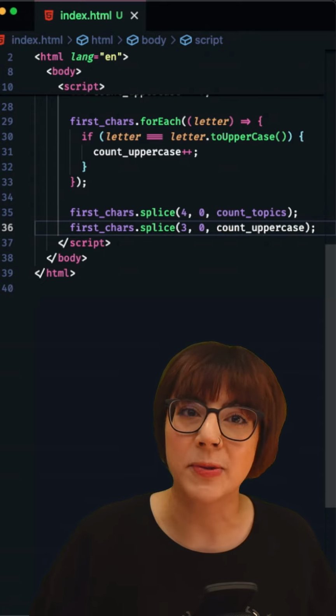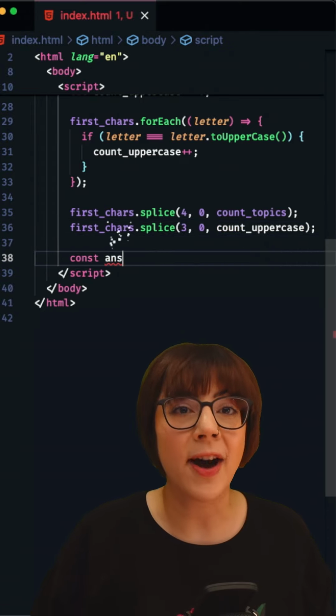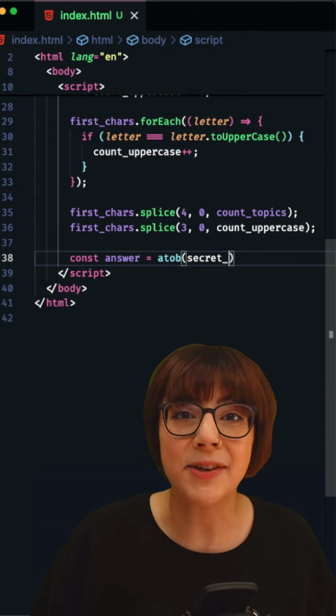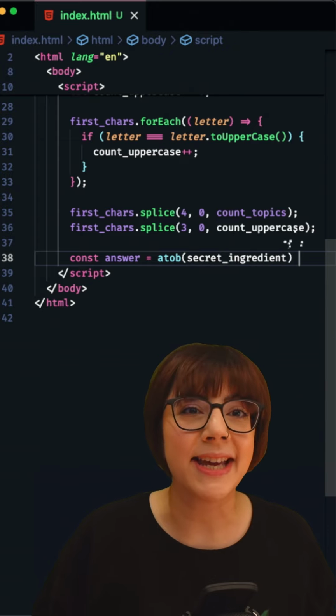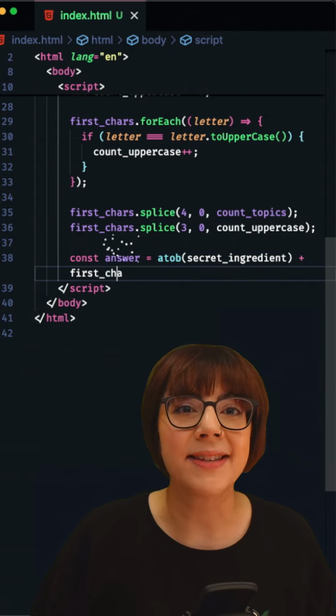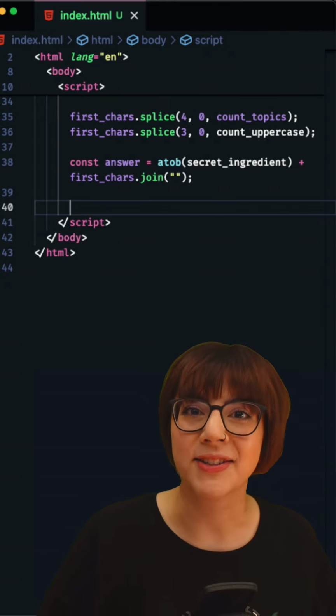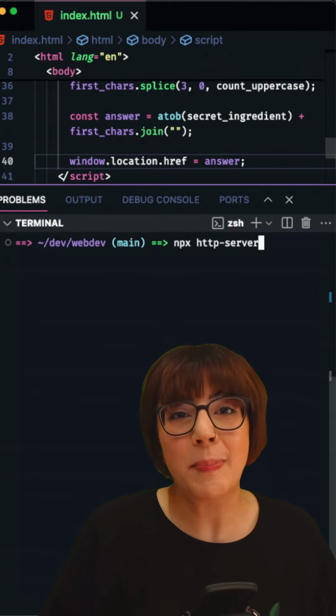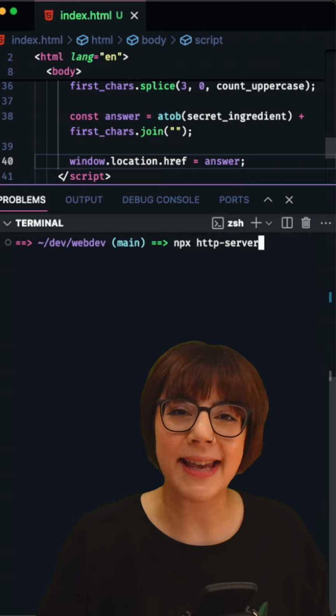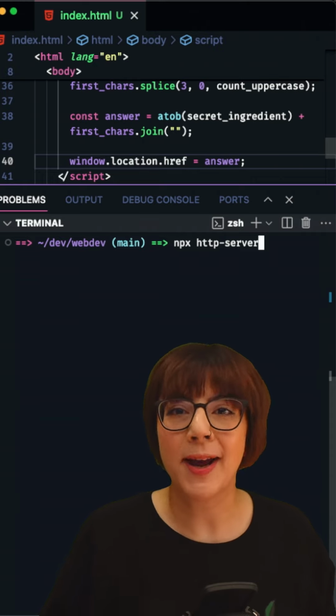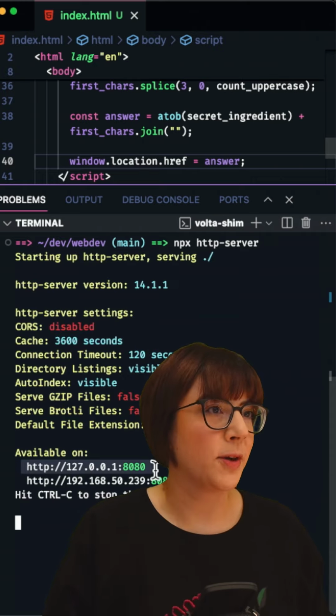Then build the final answer by decoding the secret ingredient and concatenating the first characters array as a single string. Then redirect the browser window to the answer. Finally, we're going to spin up a server using npx http-server and open it up in a browser. Grab the URL,